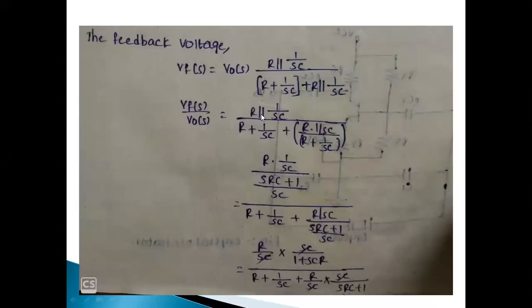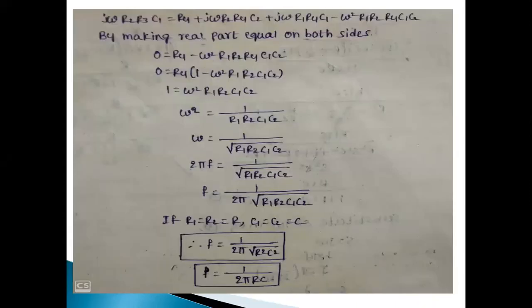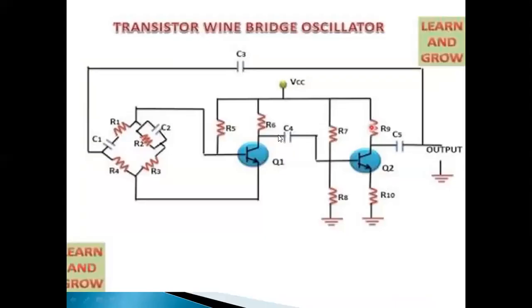Already from the circuit, we know we have two CE transistors. So these transistors provide the necessary phase shift, that is 360 degrees phase shift. So hence, we can say that Barkhausen criteria is satisfied for this oscillator, as well as the frequency of oscillation is f equal to 1 by 2 pi RC, and the feedback network gain is 1 by 3. Basic amplifier gain is 3.